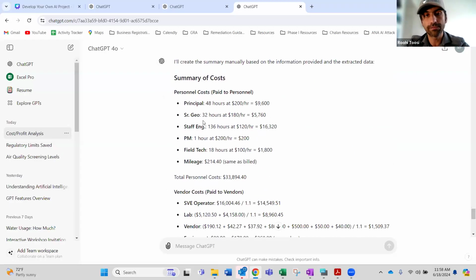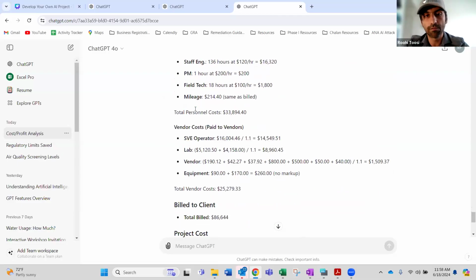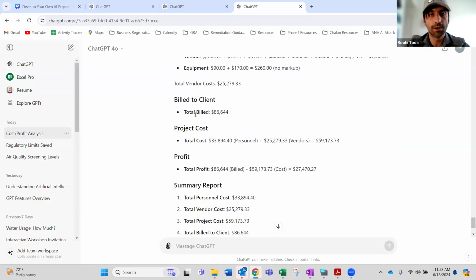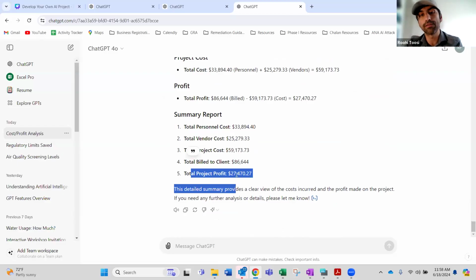And it very beautifully analyzed, okay, principal charge this much, the geologist, staff engineer, PM, all the people charge this much, the vendor cost was this much, and the total summary. You paid this much to your personnel, you paid this much to your vendors, the project cost was this much, total bill to the client was this much, and the profit is this much. So this is an example of how powerful this tool could be for us to do a lot of analysis